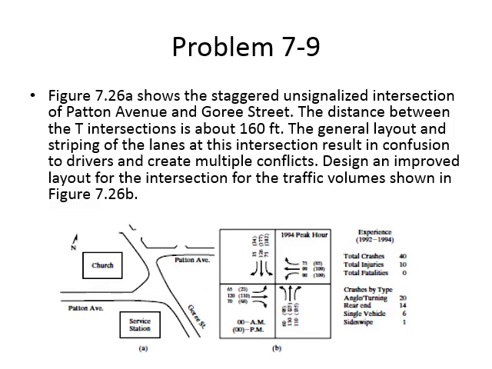Then we have another example. You can see there is a staggered unsignalized intersection. Why staggered? Because this road is coming from here, and the other leg of this road is not directly in front, it is somewhere in this direction, upward, towards north. So that's why this intersection is staggered: there are two legs of the same road, but they are not crossing at the same point.